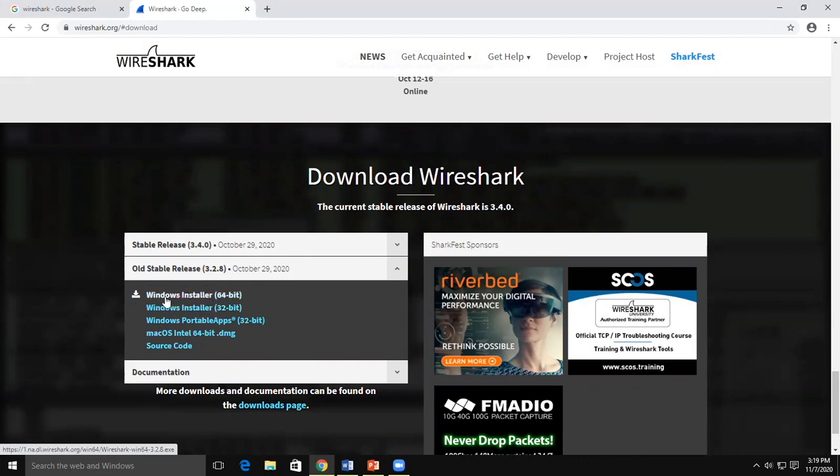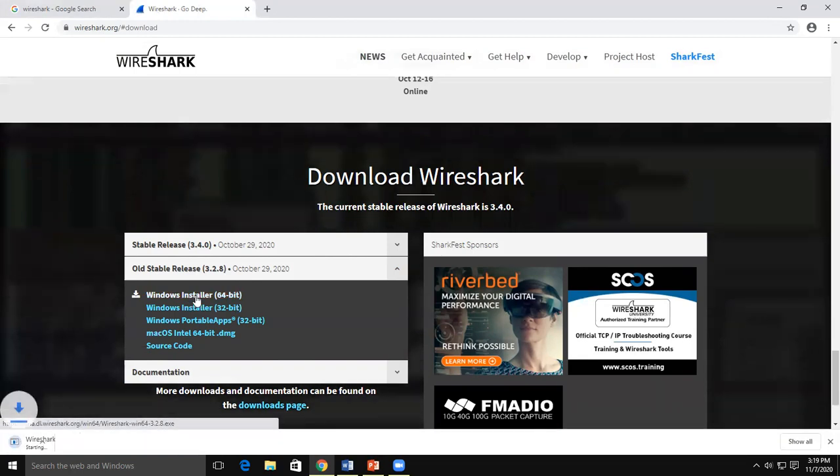For 64-bit Windows, click on Windows installer 64-bit. Here you can see it is downloading. It is 57.2 MB. Wait until it gets downloaded.